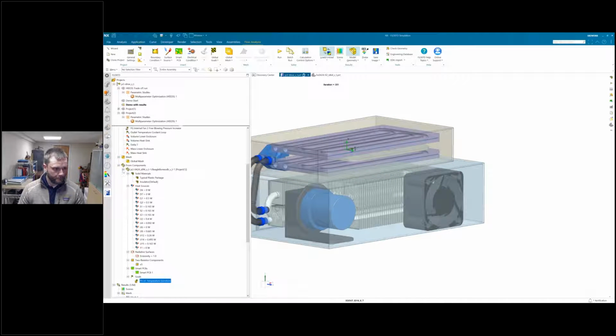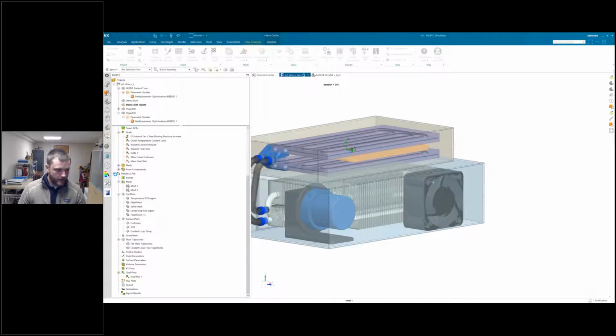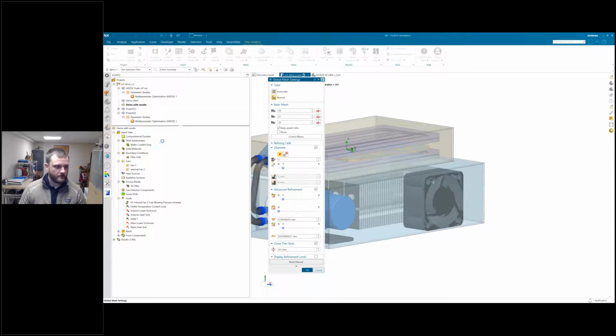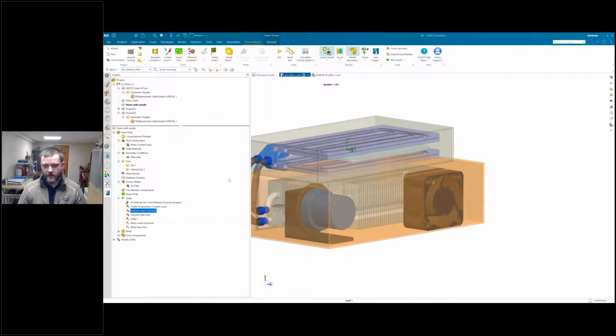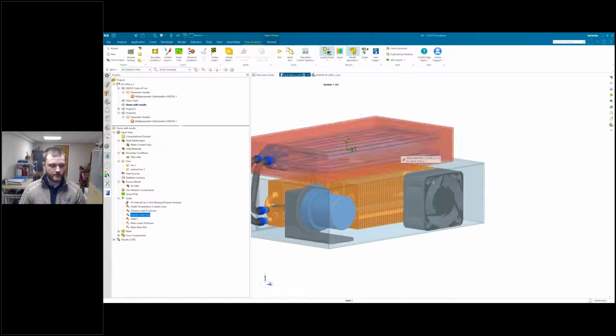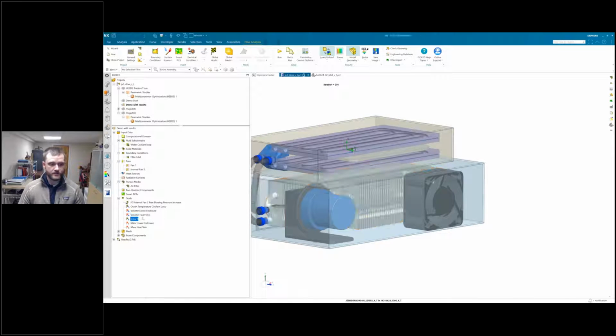Additionally, we have goals for our inlet temperature, our inlet fan pressure increase, the outlet temperature of the cooling loop. We also have some more goals here that are actually just related to the optimization of the system, where we're going to be looking at trying to minimize the mass and size of the system while keeping the IC temperature at a similar value. And we also have an equation goal here, which looks at the temperature delta in the system.